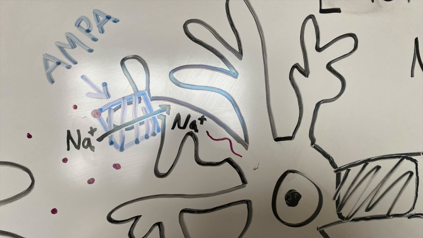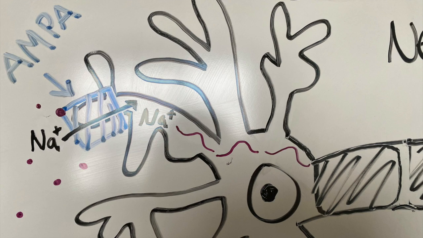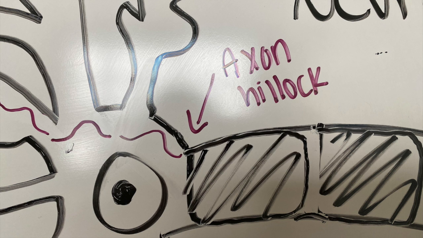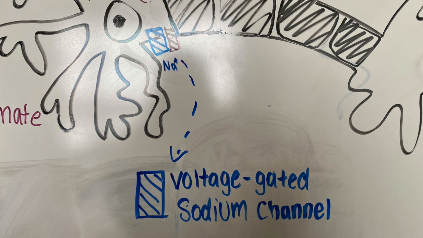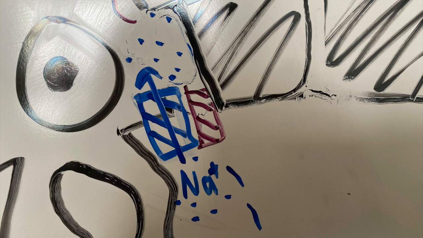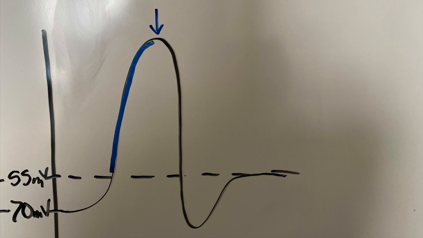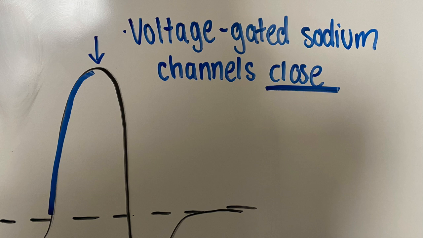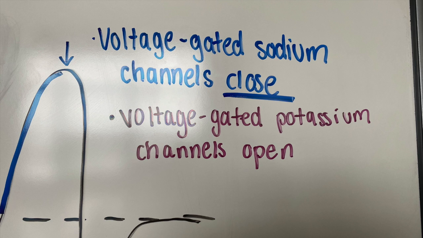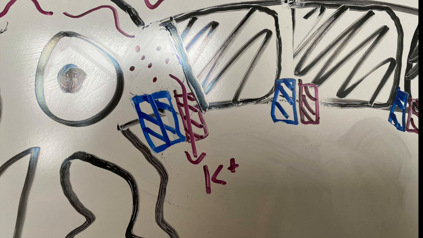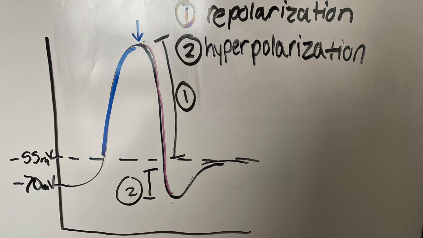The EPSP will passively spread from the dendrites to the axon hillock where the action potential is triggered. Voltage-gated sodium channels will open, and sodium ions will rush into the cell in the rising action portion of the action potential. At the peak, voltage-gated sodium channels will close, and voltage-gated potassium channels will open. Potassium has an equilibrium potential of around negative 80 millivolts, so it will rush out of the cell to repolarize. The channels are slow to close, so the cell will hyperpolarize a little before returning back to the standard negative